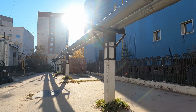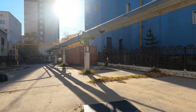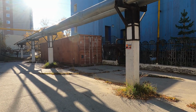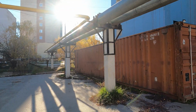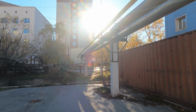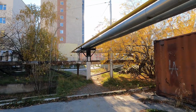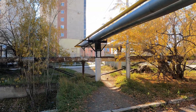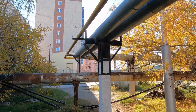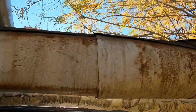So this is how the water supply pipes are built to avoid the problems that I've alluded to. They use pillars to keep pipes up off the ground. This helps stop damage from freezing and thawing ground. This is how they deal with the problem of water in Siberia. These pipes, you can see them all over the city, or maybe if you live in Russia, I think you've observed that we've got pipes. They are just built like this to prevent them from thawing during winter, or from